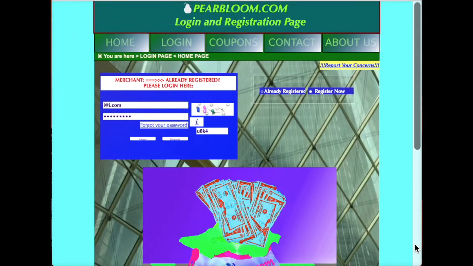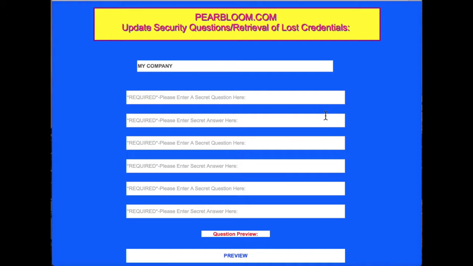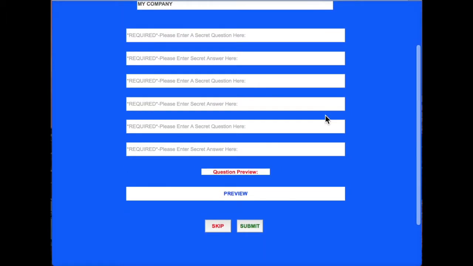After activating your account, in order to log in, and after having clicked the left radio button of the already registered section, you enter the right credentials and the CAPTCHA code and click the Submit button. If this is your second time entering and you haven't set up the security questions yet, those will show as an option for you to fill out. If you want to skip them, just click the Skip button. Otherwise, you can enter your questions